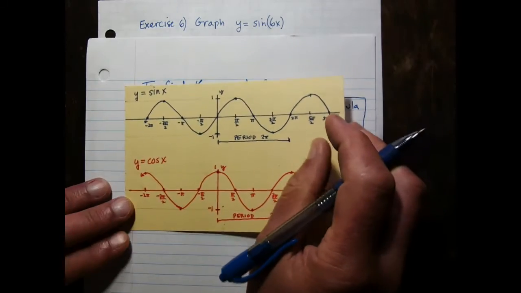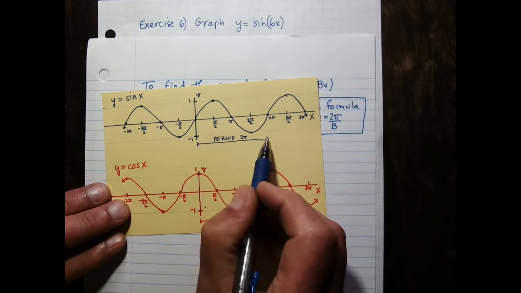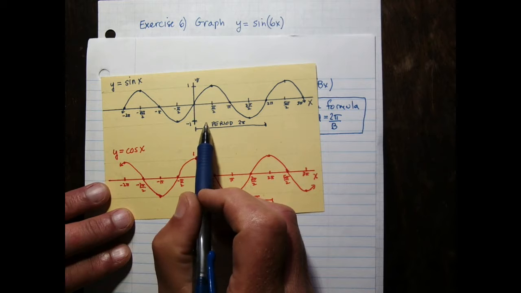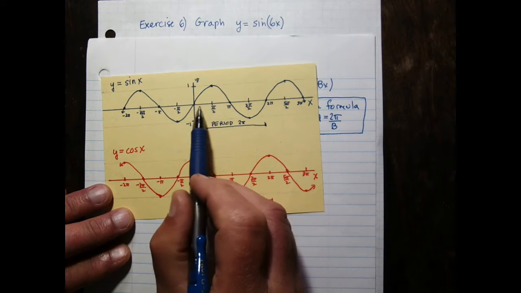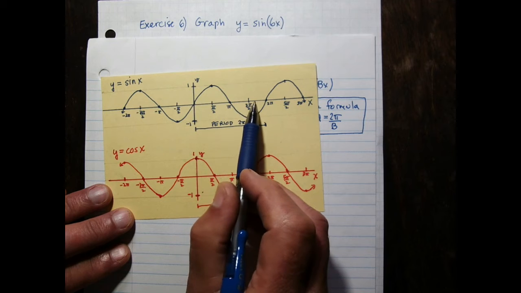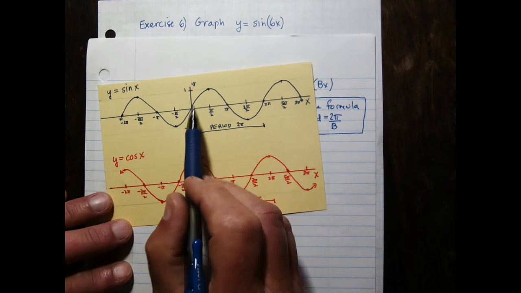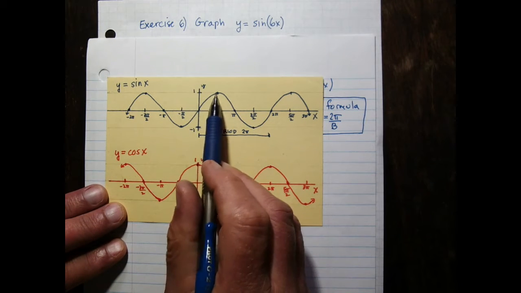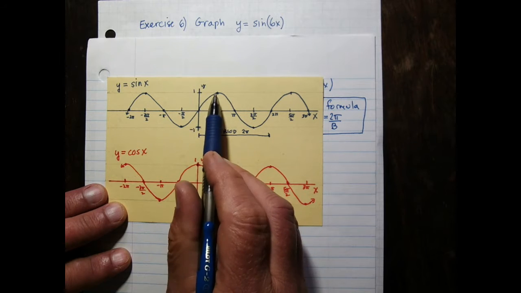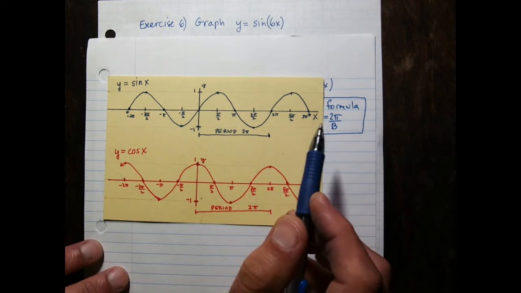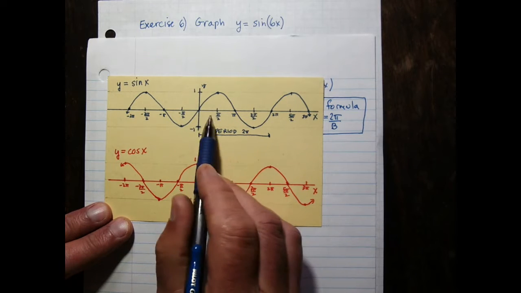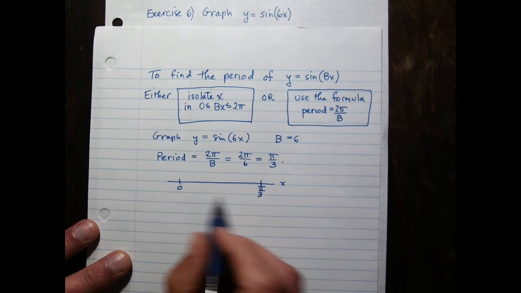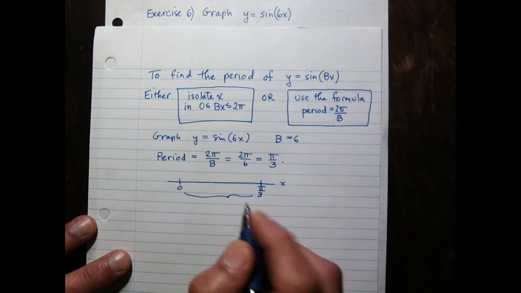But now, just knowing the endpoints of a period isn't enough, because if we go back to our basic graphs of sine and cosine, we really want to separate a period into 1, 2, 3, 4 pieces, right? So that we can identify the max point and the min point on the graph, the high point and the low point. We know we go 0, 1, 0, negative 1, 0 with a sine function. So instead of finding quadrantal angle values here, we're going to just have to take this interval from 0 to pi over 3, and